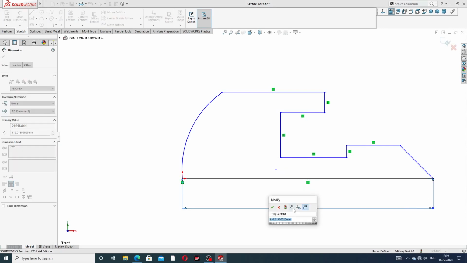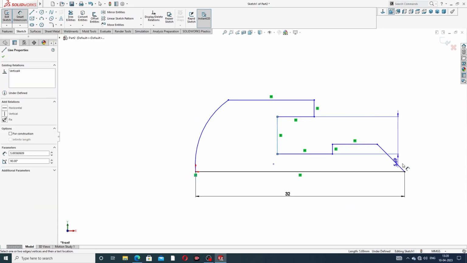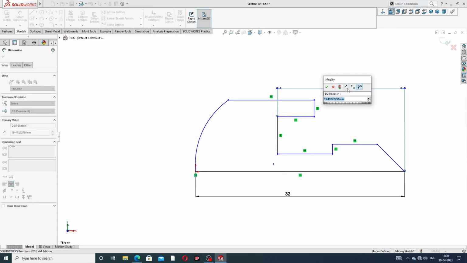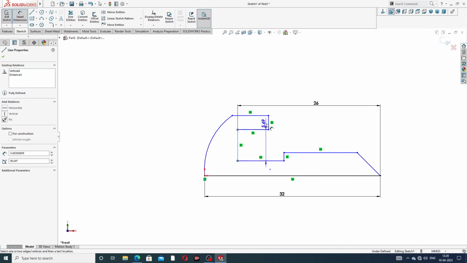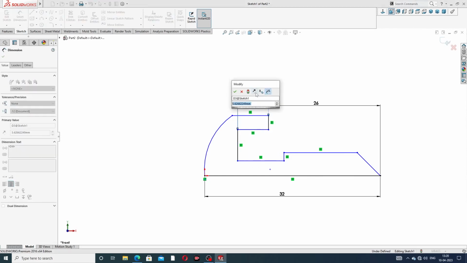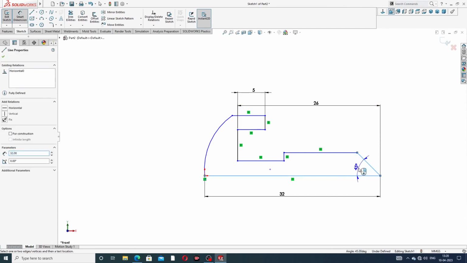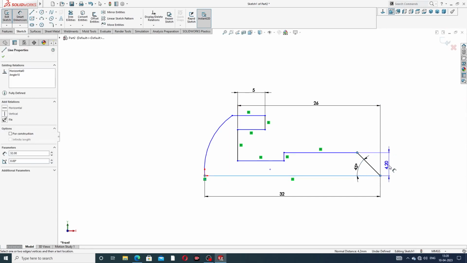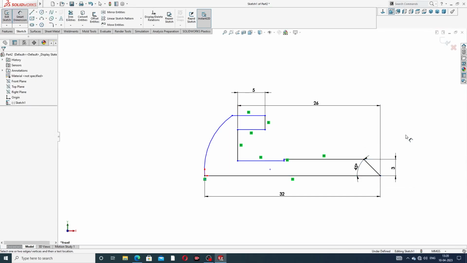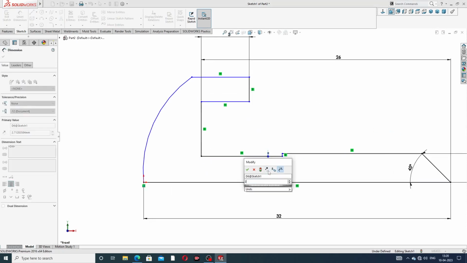Smart dimension, this is 32 millimeter. Okay, and use this to this point is 26 millimeter. Okay, and this line to this use 5 millimeter, and this angle is a 45-degree angle. Okay, and this point to this length is 3 millimeter. Okay, and this distance between this is 2 millimeter, perfect,